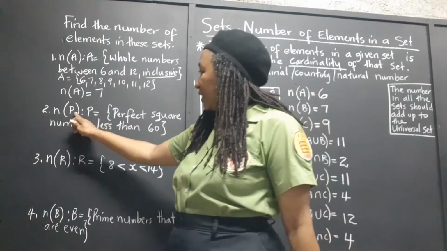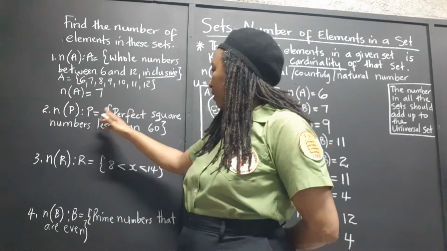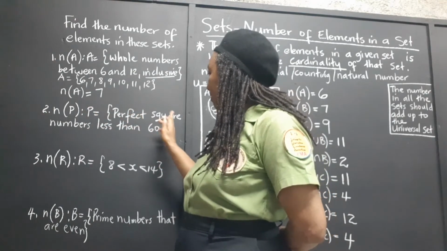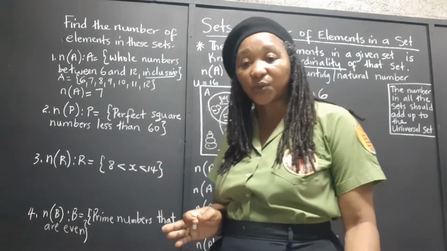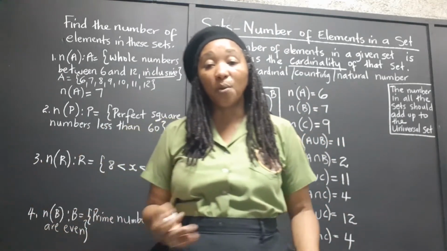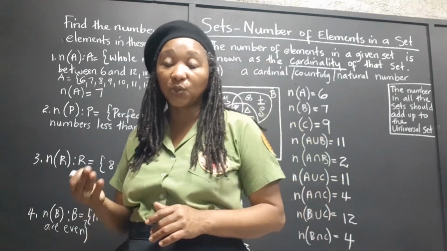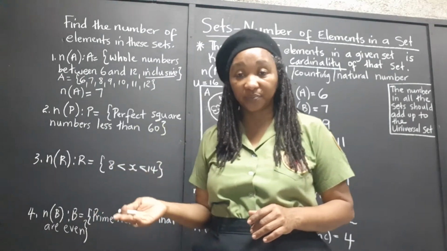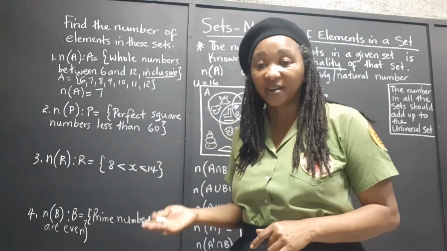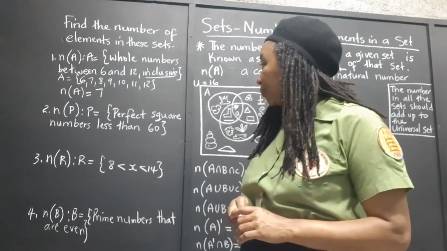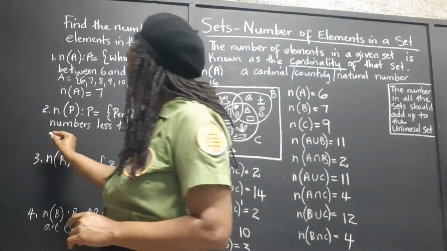The number in P such that P is the perfect square numbers less than 60. Remember, a perfect square number is a number that you get when you multiply any number by itself. So the first square number is 1 because 1 times 1 gives 1. So 1 is a perfect square number. 2 times 2 gives 4. 4 is another perfect square number. The perfect square number is less than 60. So